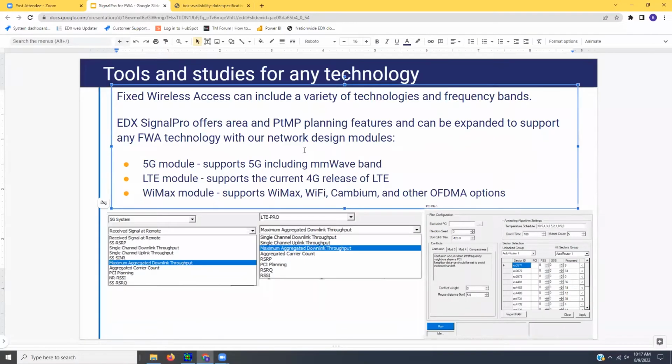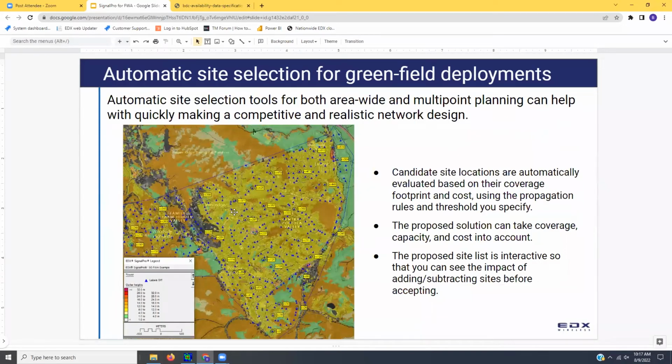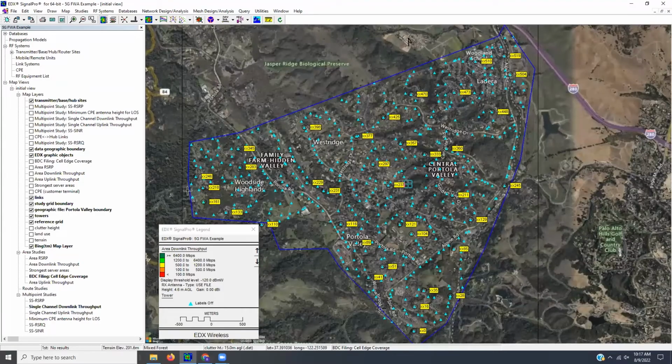Let me just switch my slides here to make sure I'm not forgetting anything. Okay, so this is just what we were talking about. We can look at candidate sites based on the coverage footprint and their relative cost. And that proposed site list that we give you is interactive, so that you can immediately see what would happen if you turn off this site and add that site, that kind of thing. And so once I had this